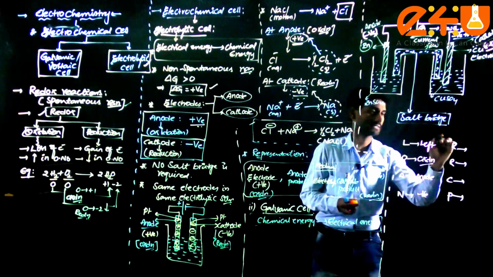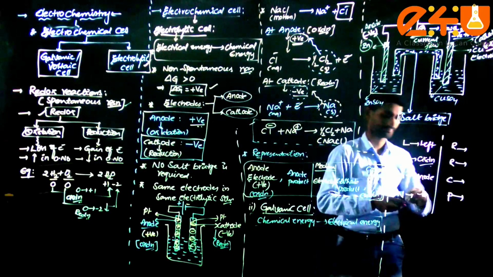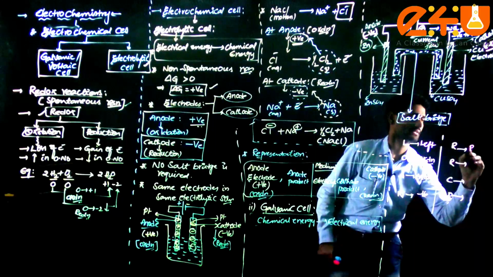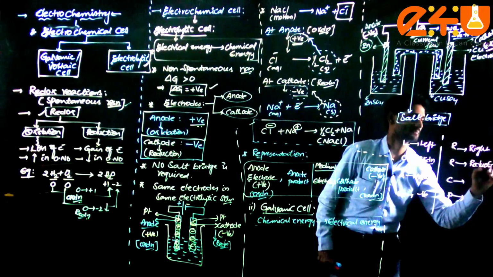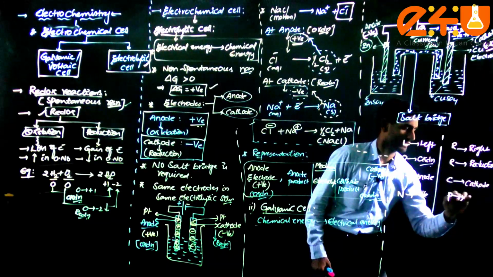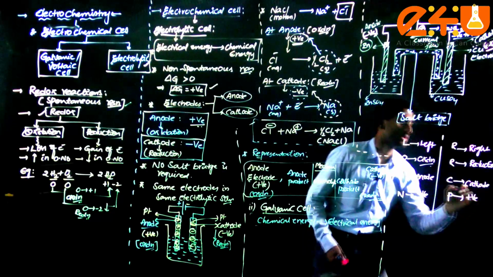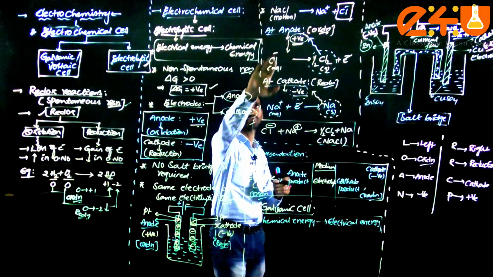Understood? Okay, next one. R stands for right side. What will take place, dear students? Reduction takes place. And C stands for cathode, and P stands for positive. You just have to remember, look here, come to the previous